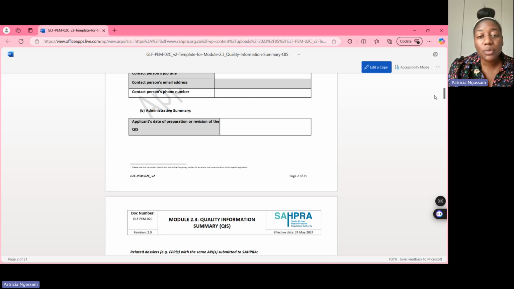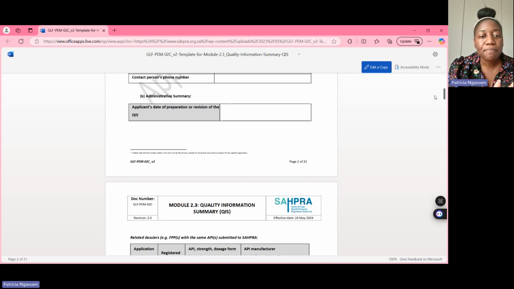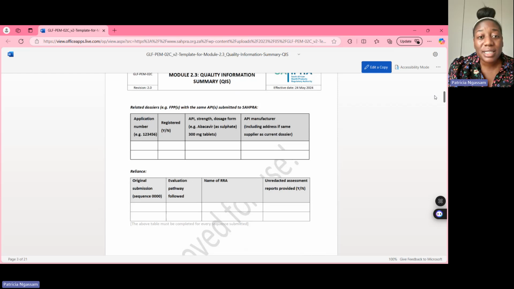If it's the first time you're submitting, whether the second or third time, if it's for variations, you need to state that so they can trace it. Then they want to know any other related dossiers, if there's an FPP, if there's a different manufacturer or a different FPP that has your API submitted, or a different API manufacturer that's using your same submission, whatever the case is. If there's a related submission, include the number, the registration status, the API name, strength, dosage form, and the